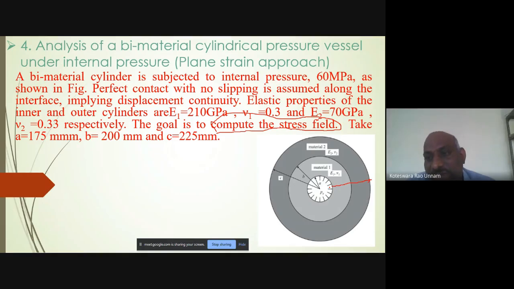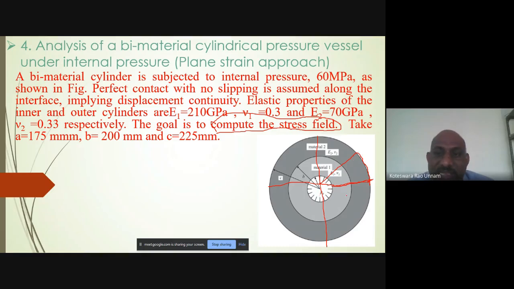Before going into the software, we need to look into whether there is any possibility of reducing the problem size, like in the previous problem also. Here in this problem also we have a symmetry. So now if I draw something like this, it is a circular thing, so you can take not only 1/4, you can take only a sector also. If I take a sector something like this, and if I revolve the sector by 360 degrees, I'll get the cylinder. So that means I can take a cyclic symmetry in this also.